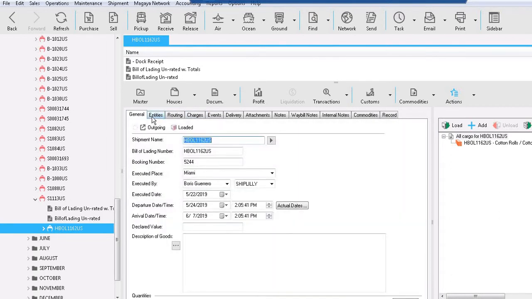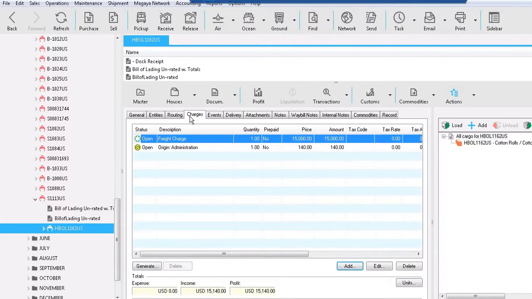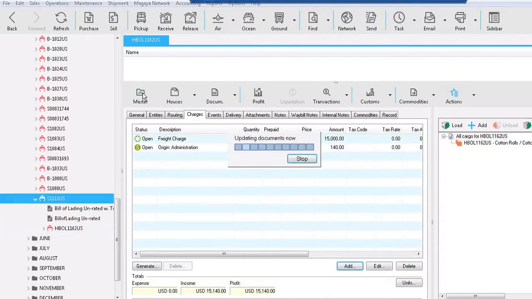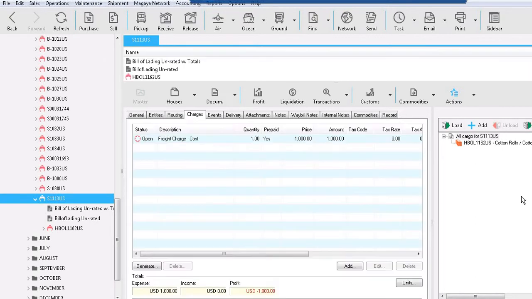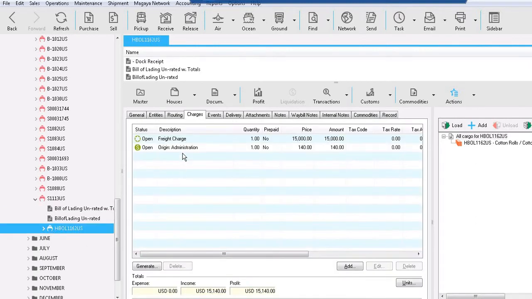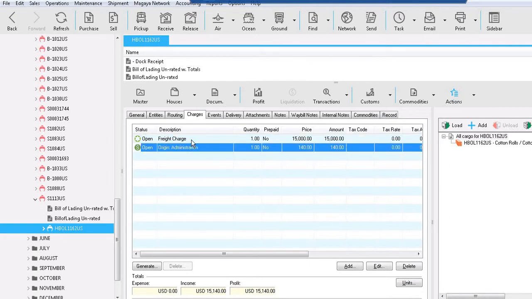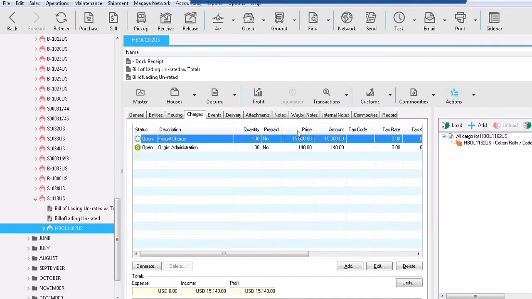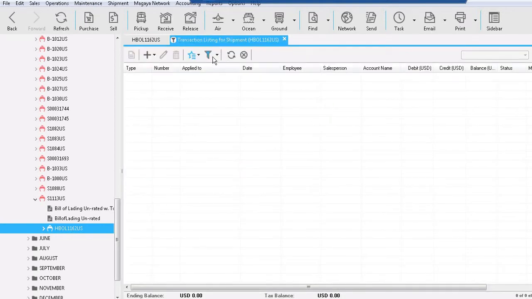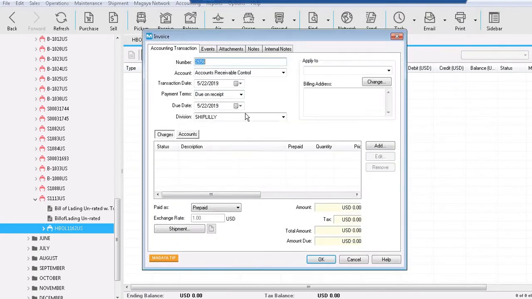I've completed all 4 of the tabs at the house level, and I want to return to my master level now. And now here, we want to generate the invoices for the liquidation process. So rather than adding these charges like we did here, in order to get an invoice out, what we could do is select the transactions, and I would basically select add invoice, and then select the